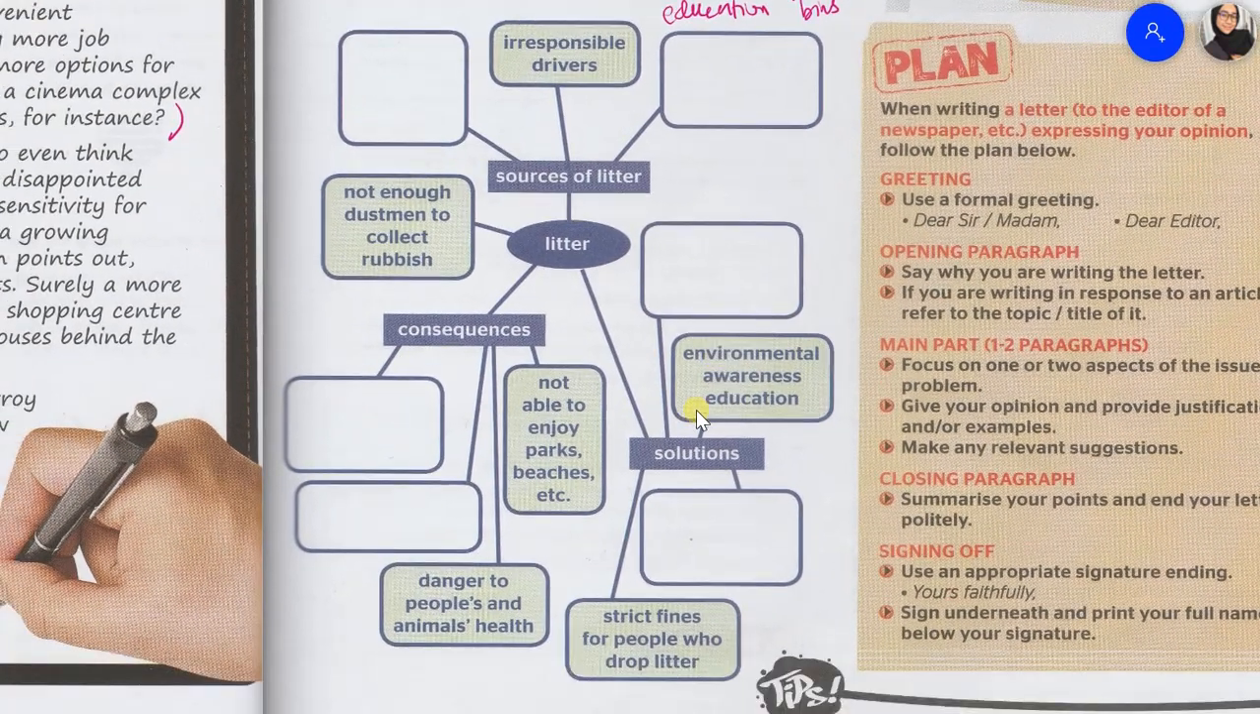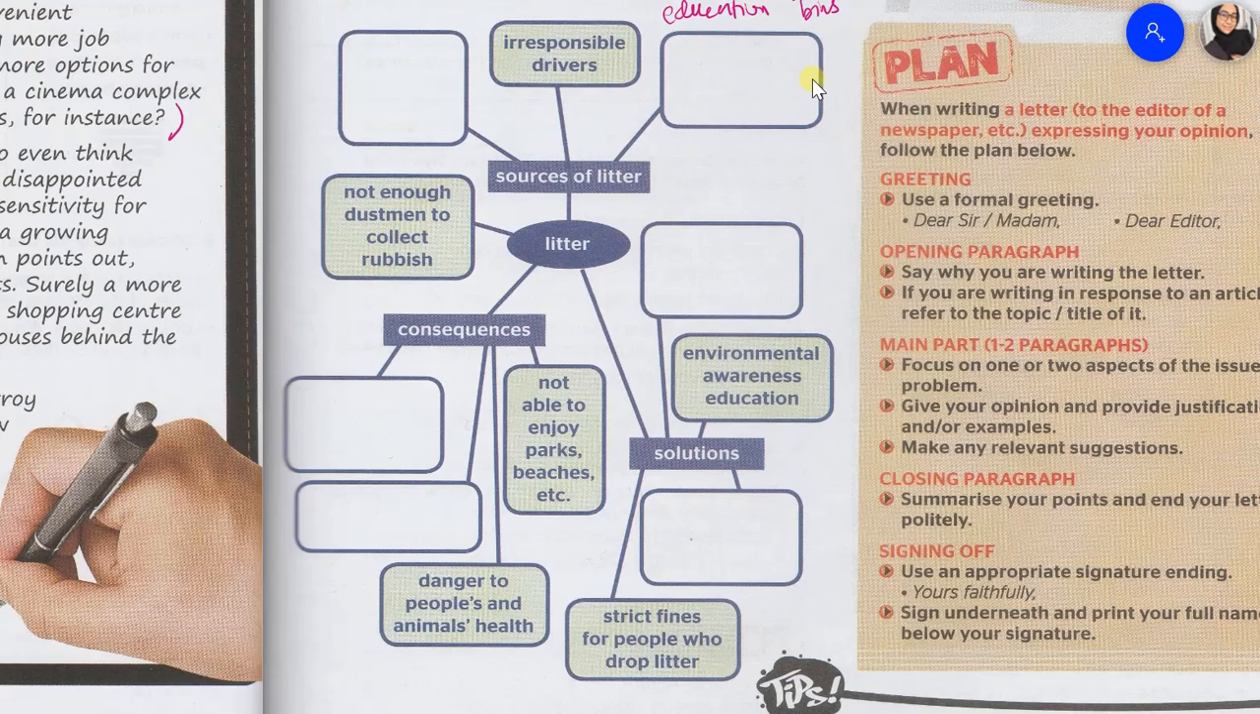Now let's try to complete this mind map. Okay, so the main topic is litter. Sources of litter coming from irresponsible drivers. There are two more boxes here. What are the sources of this litter? Where does this litter come from? Irresponsible drivers